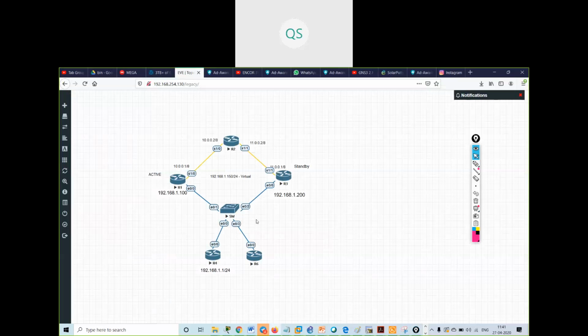There is nothing different, except one thing: in VRRP the active router is known as master and the other router is known as backup.